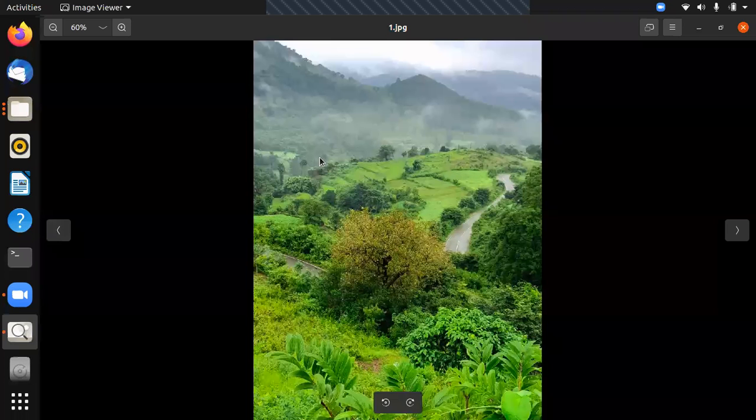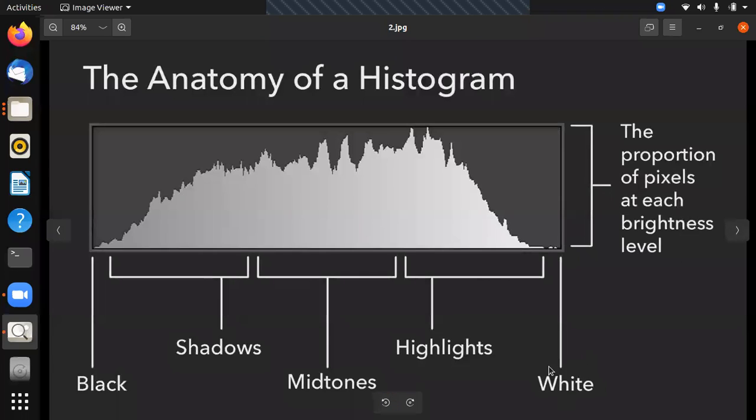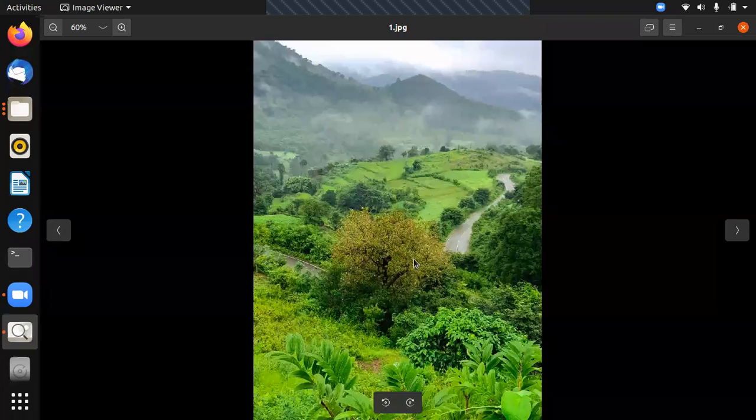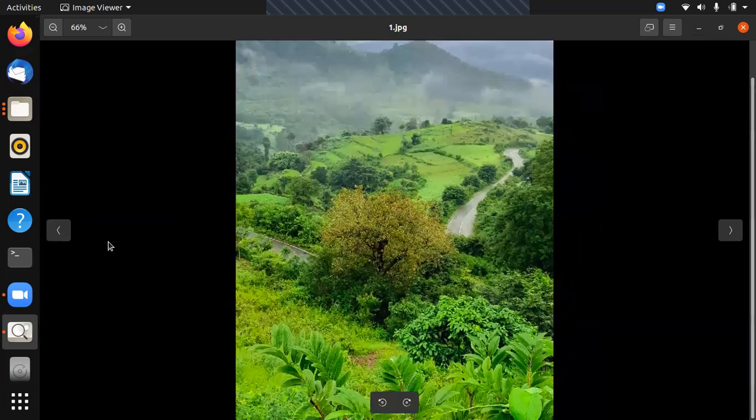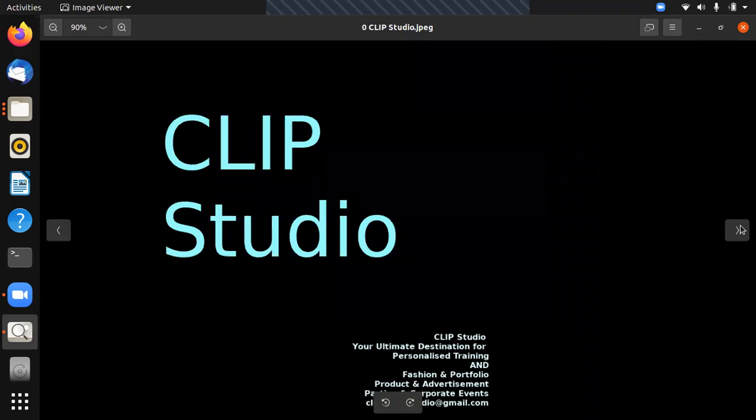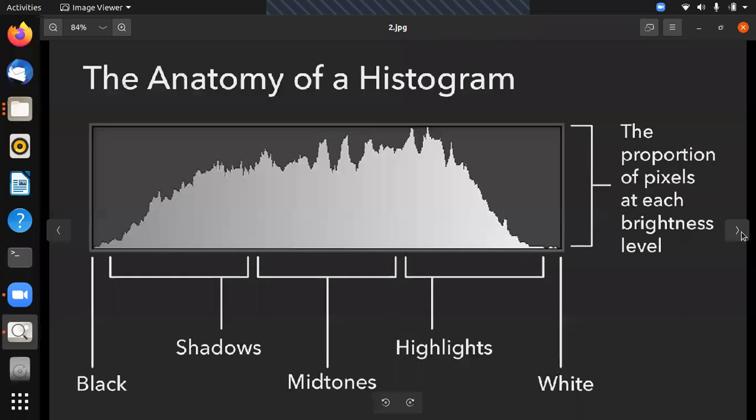In case something is completely washed out, maybe some areas in these places, those are called white, extreme right, this is white. If something is completely dark, maybe this black area, that is called black, right?